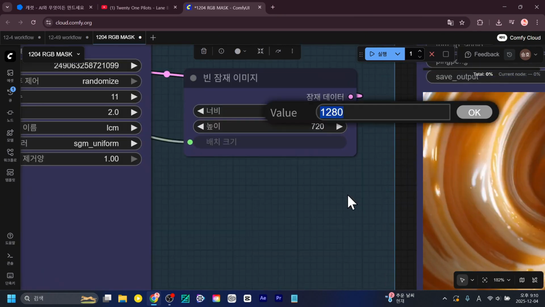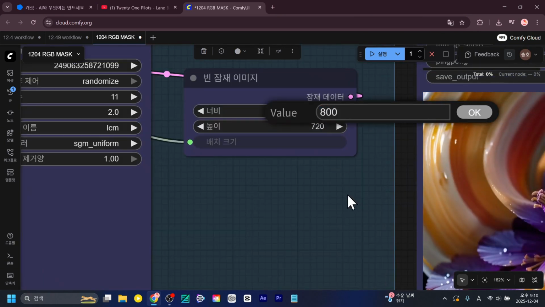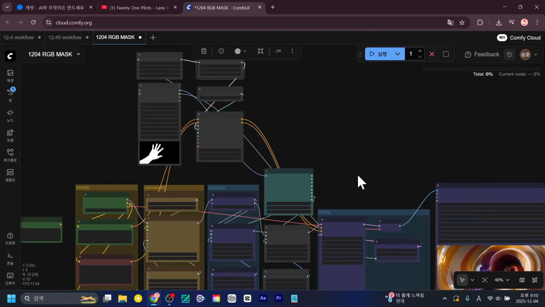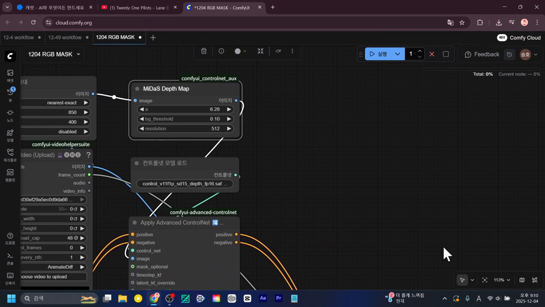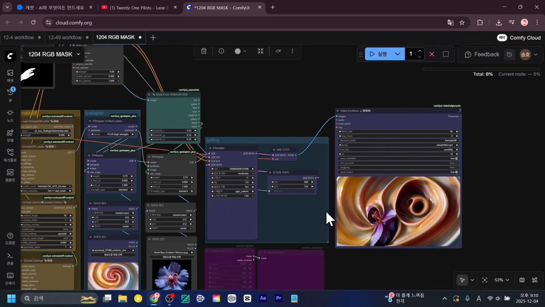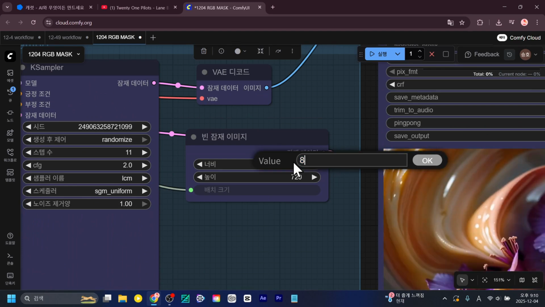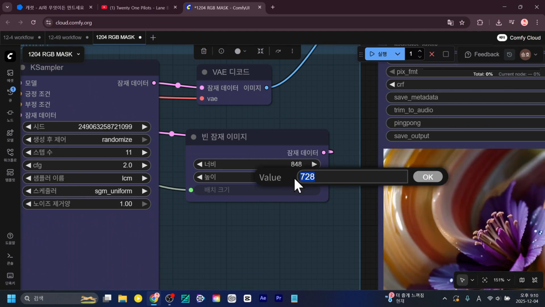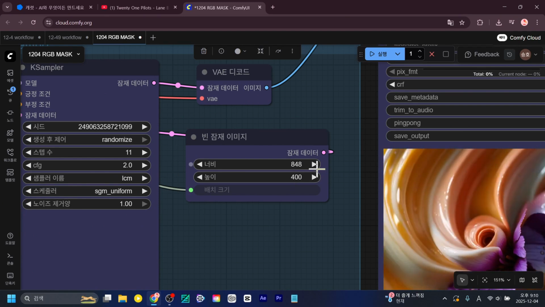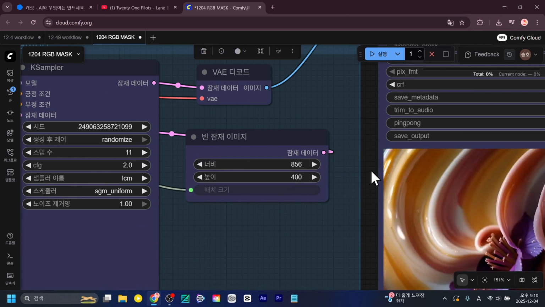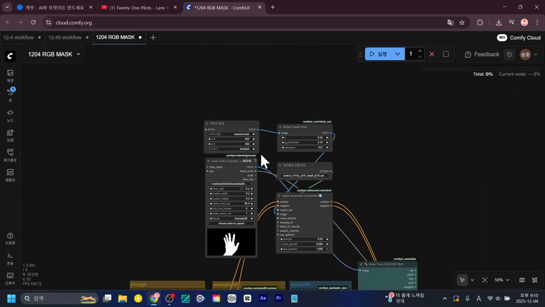Here, I was adjusting it to around 800 by 450, but I'll set it to 850 by 400. Let's go with 856 by 400.